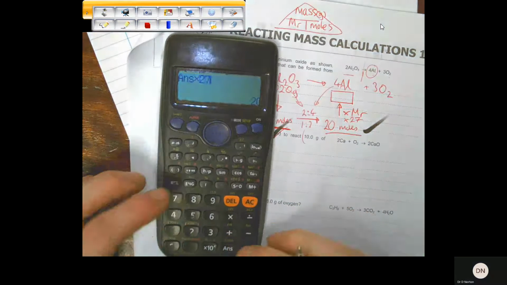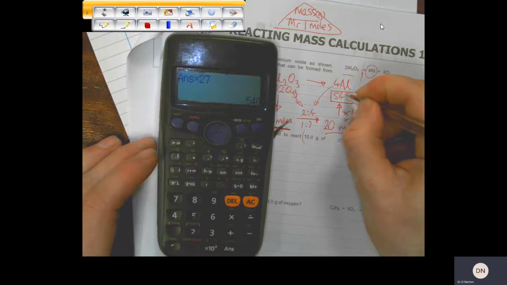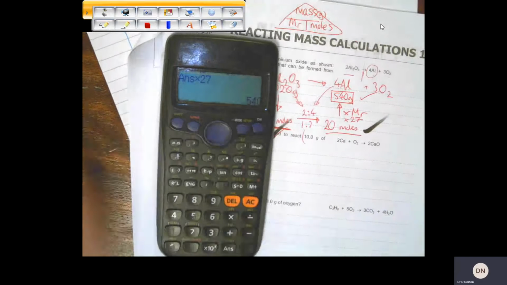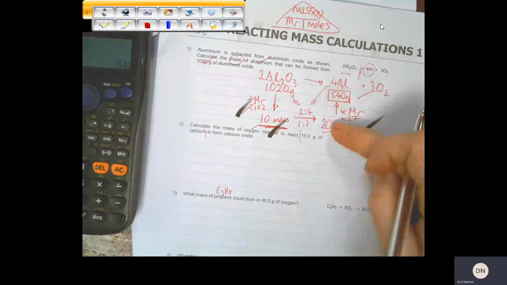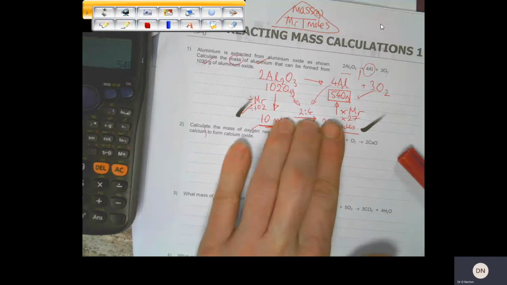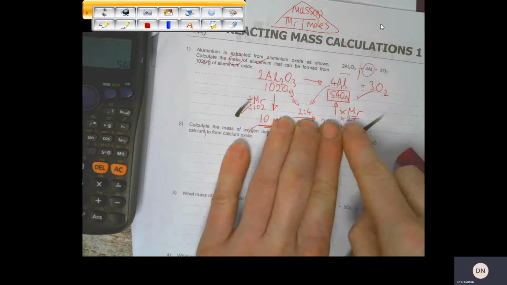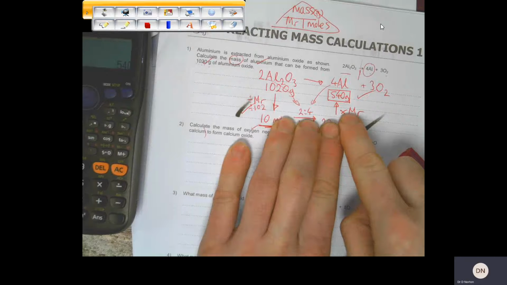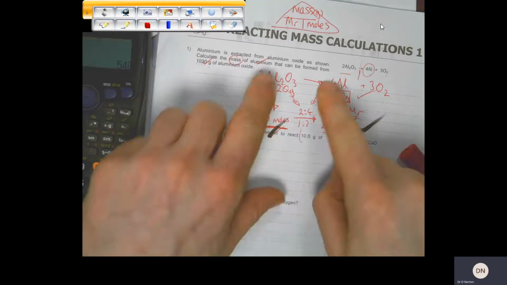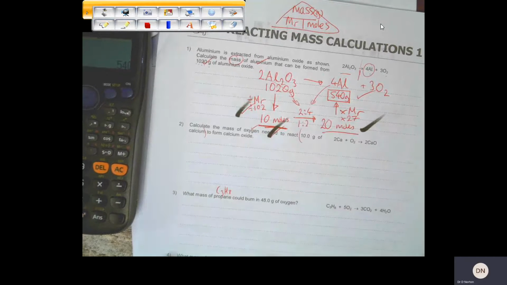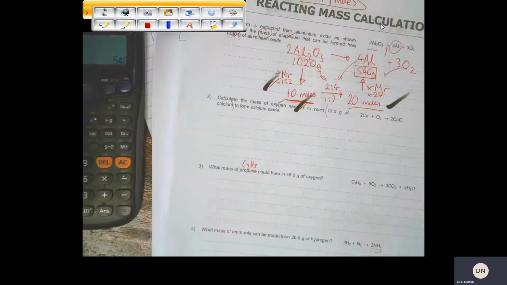And this gives you a value of 540 grams. Job done. So we go down, across, and up. Notice the symmetry here. Down, divide by MR, up, times by MR, and this is your ratio arrow. Okay, so I'm sorry, you can pause it there, have a little go at that, but I'm going on to